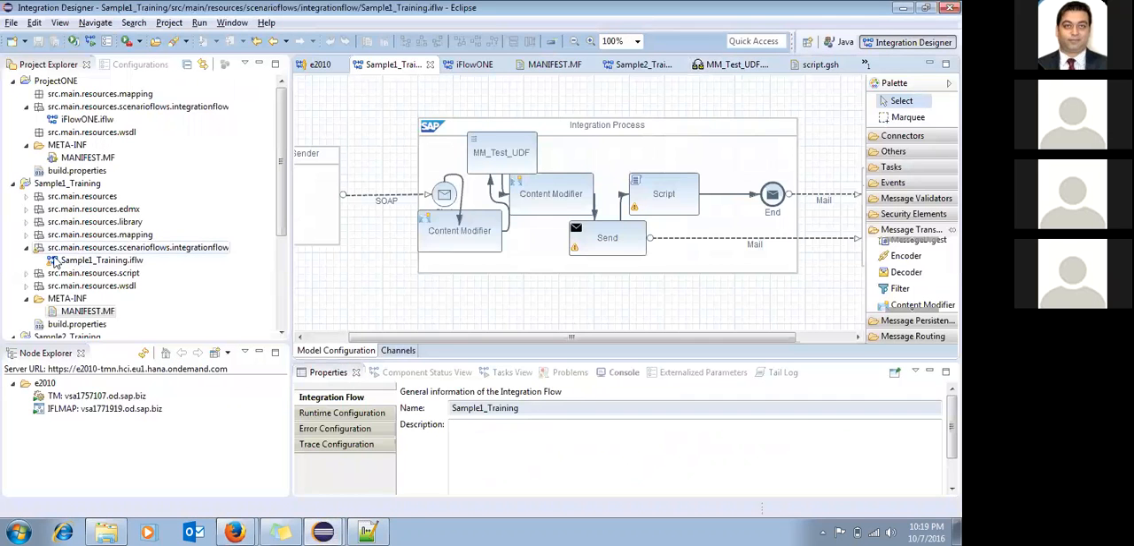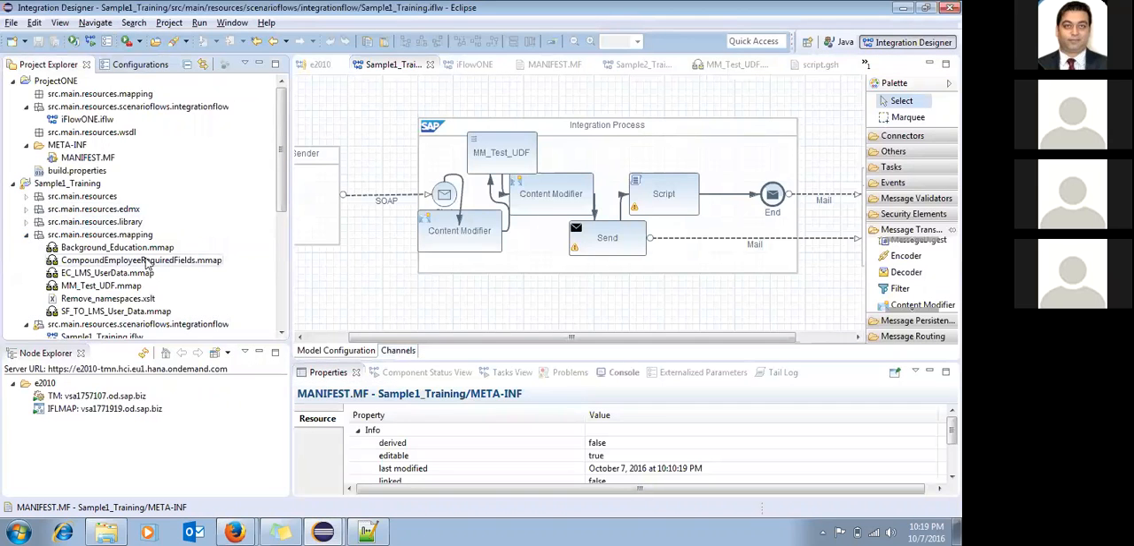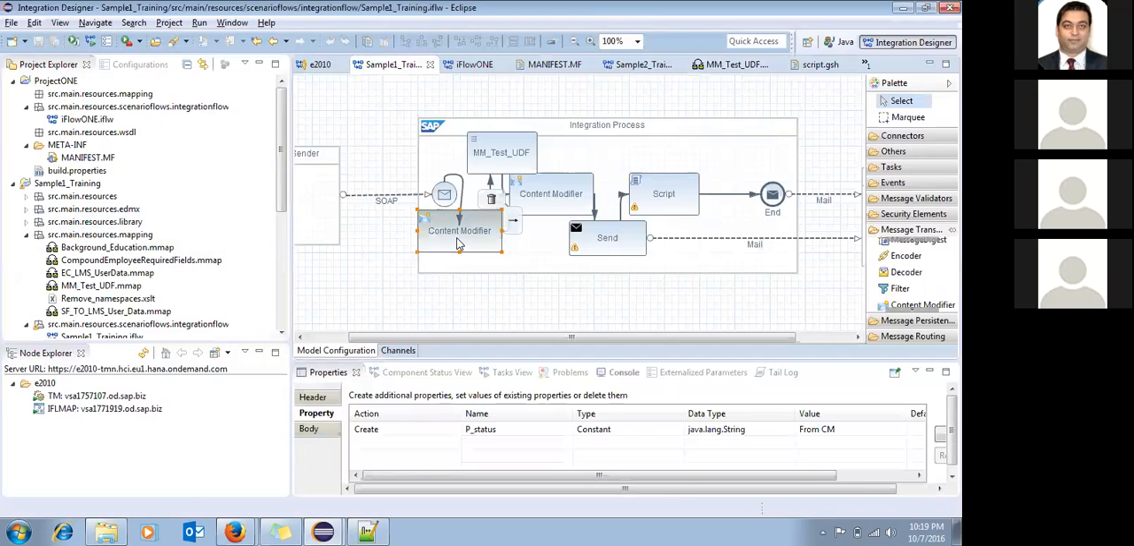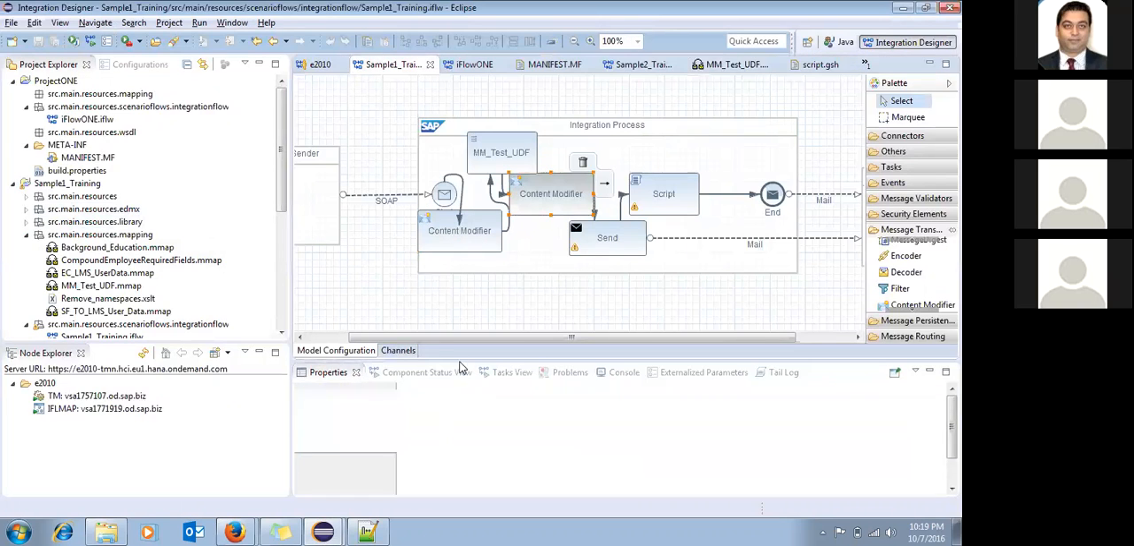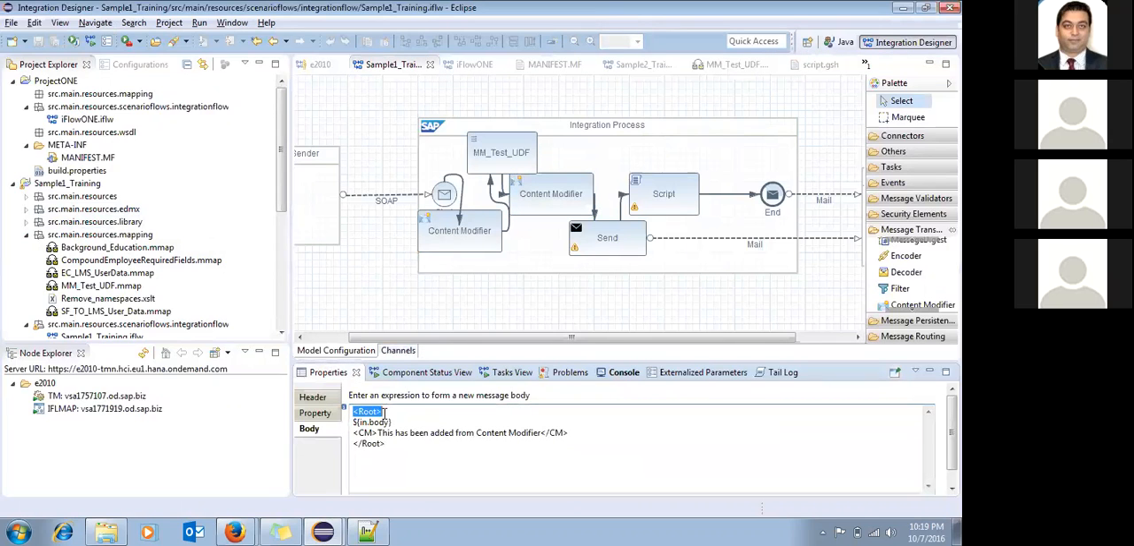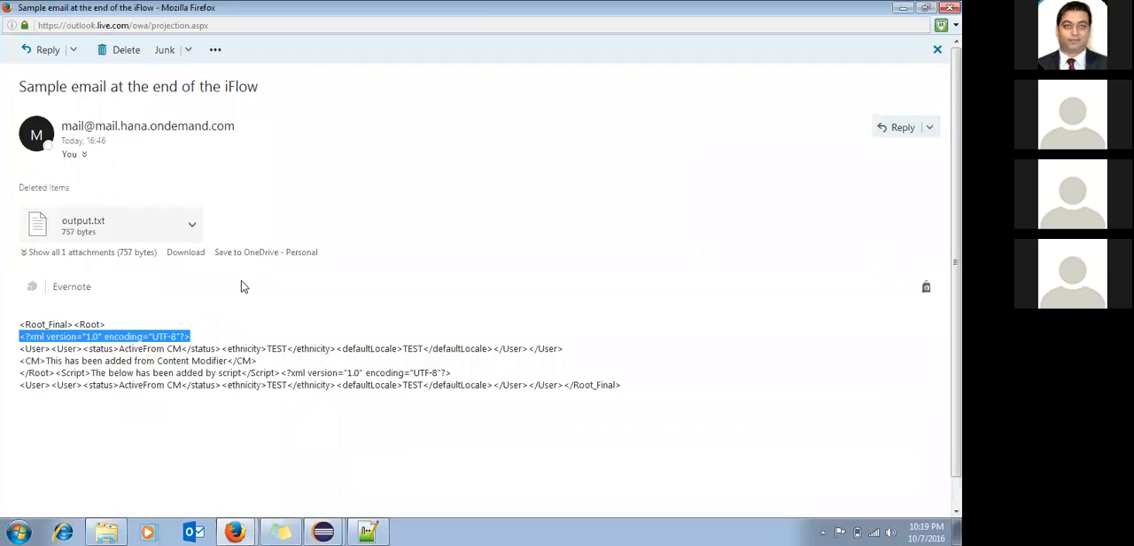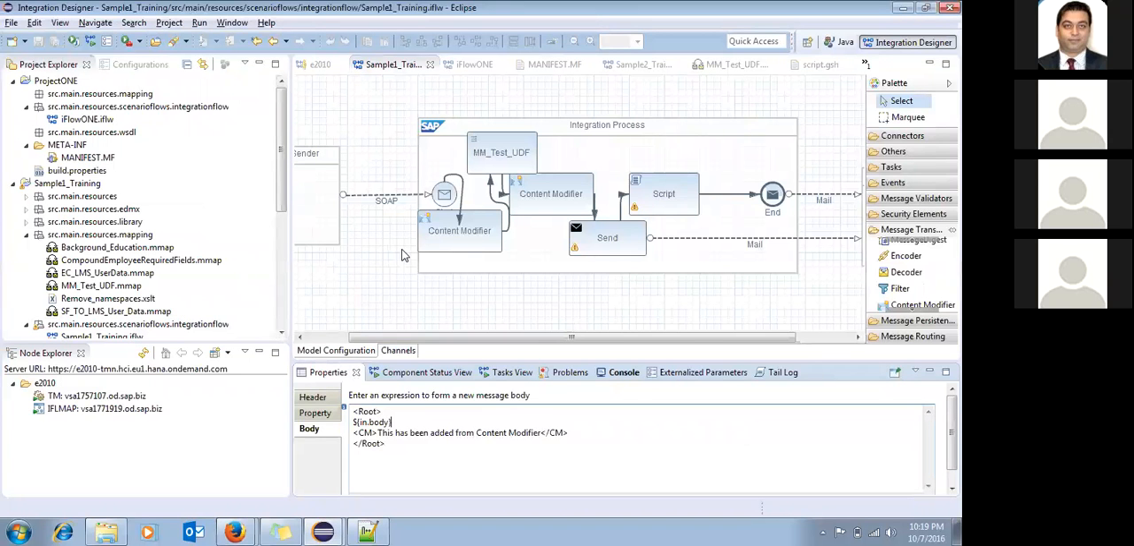So for handling these kinds of issues, whenever you have the body getting created which is not correct, for example, you are trying to create a body over here in the content modifier. You are adding the root node, but here the body is coming with an XML namespace. So in that case, I just tried with one of the